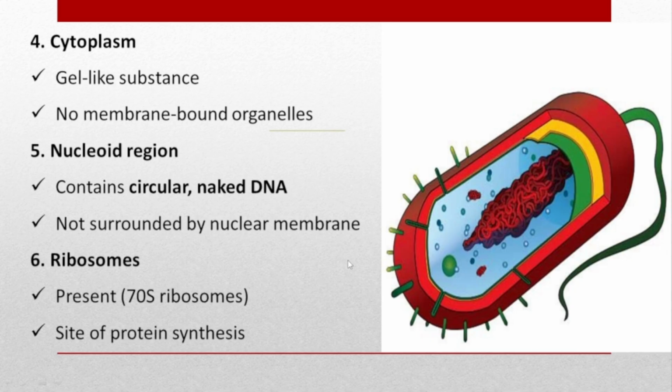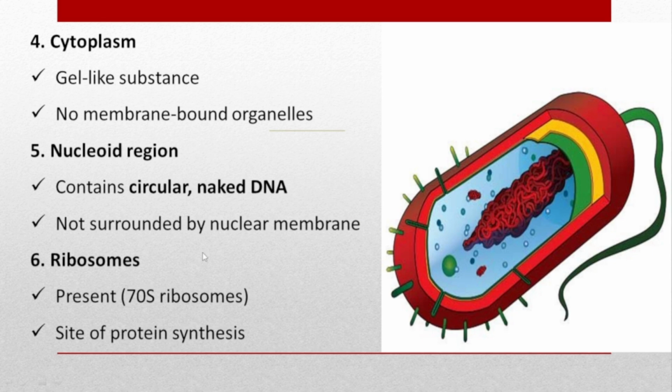The other one is the cytoplasm. The cytoplasm of the prokaryotic cell contains a jelly-like substance, with no membrane-bounded organelles within it. The genetic material and the other organelles are found freely in the cytoplasm. Then there is the nucleoid region containing circular, naked DNA. The DNA is circular and lies naked within the cytoplasm, not surrounded by a nuclear